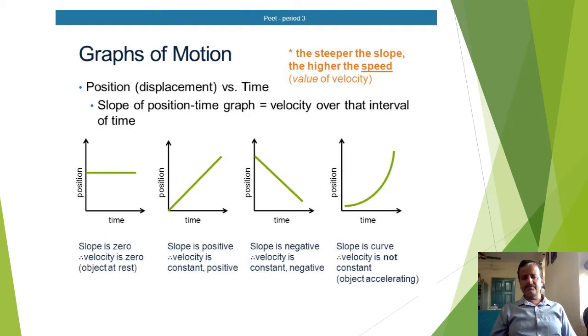The fourth graph is a position time graph, and here the graph is not a straight line. It is a curve. When the position time graph is not a straight line, remember it is non-uniform motion. The motion is not uniform. When there is no equal amount of displacement in equal intervals of time, then there is a varying speed, and that is called accelerating. The body is under acceleration.